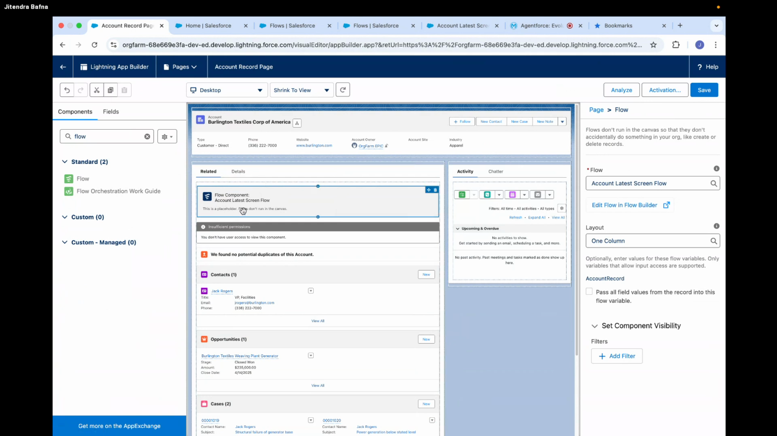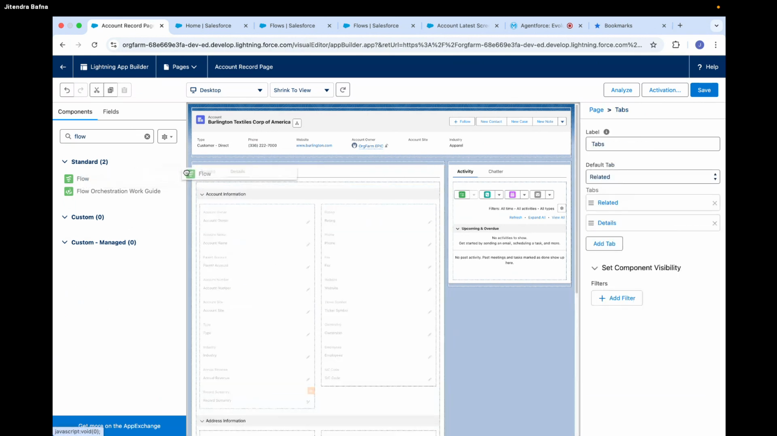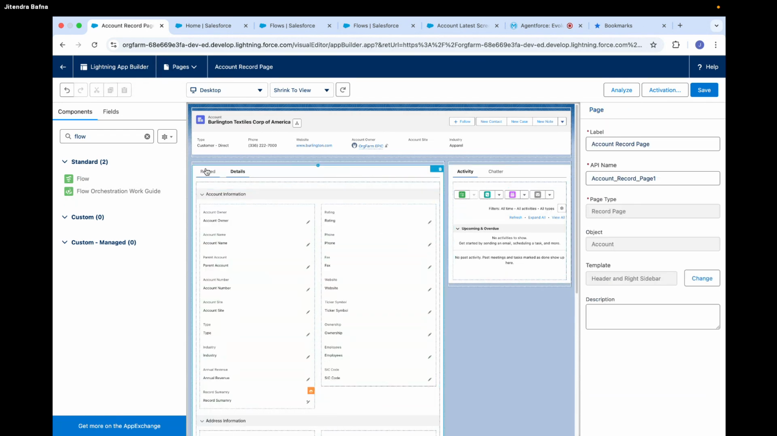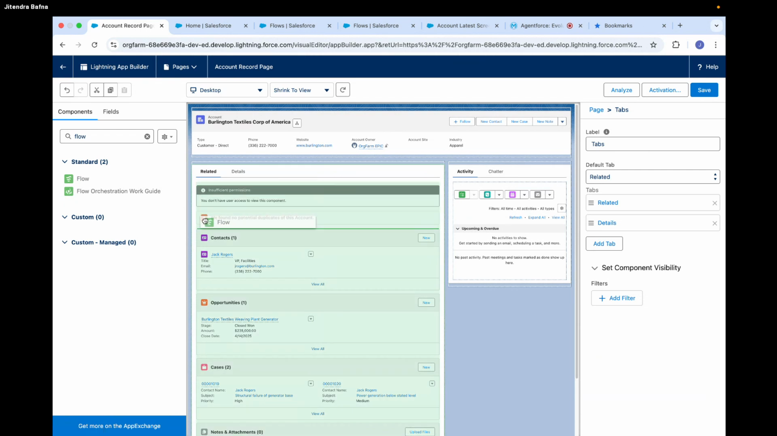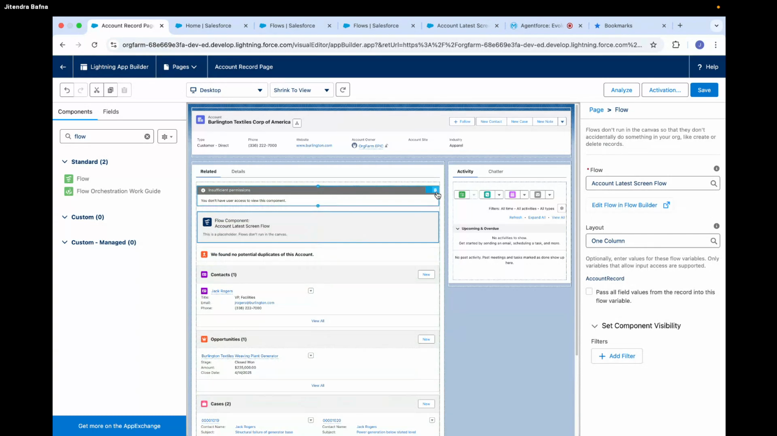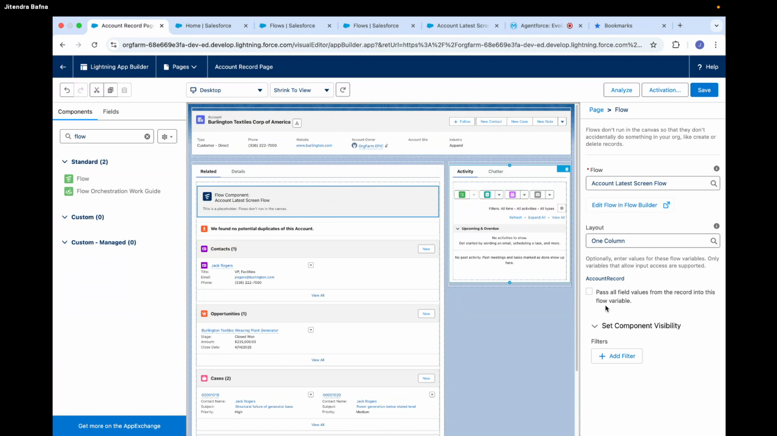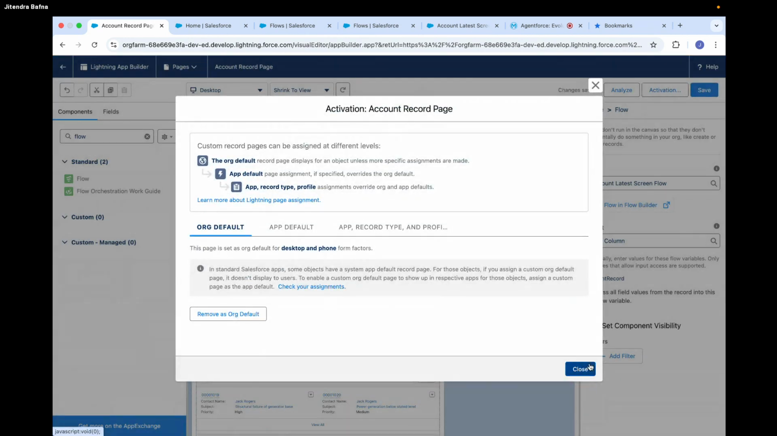It's saying this is a placeholder flow, don't run in the canvas. Let me do one thing, I think that might be the problem. I can put the flow here. No, no, that's fine, it should be here only. So make sure it has a flow latest component, pass of fields value according to this flow variable. Let's see if it works or not. If it doesn't work, we will see next time. Okay,